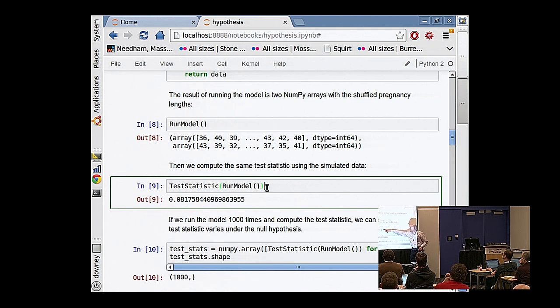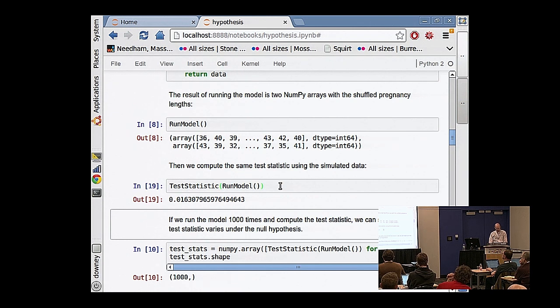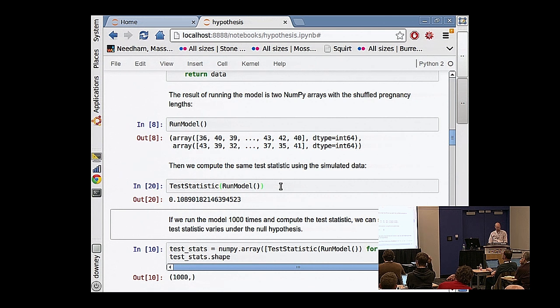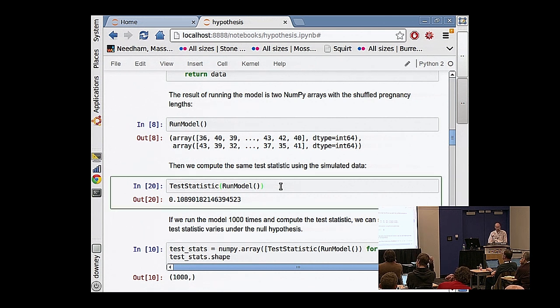So if I run it once, I get 0.081, and so that one actually has exceeded the mark. That is bigger. If I run it again, I should get a different number. Oh, okay, that one's small. That one does not exceed the mark. Run it again. Well, okay, small, doesn't exceed the mark. Oh, no, sorry, that's big. I slipped a 0. That one's big. I should get some that are negative. Oh, sorry, no, I will not get any that are negative. This is the absolute value of the difference. Okay, so that's why they're all positive. Some of them are bigger than what I actually saw. Some of them are smaller.